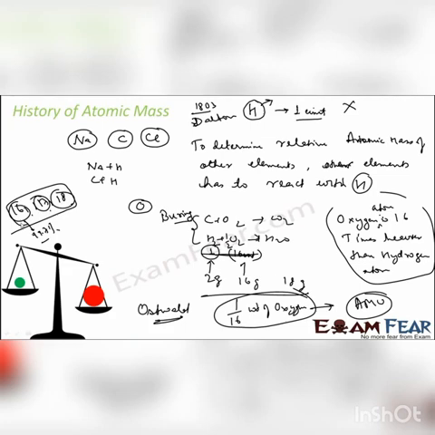Plus, science was more advanced. In fact, physics advanced a lot. The physicists could now actually find the mass of a single atom using a spectrometer. So there is something called the spectrometer that came into the picture. The physicists invented the spectrometer, and with it they could actually find the mass of a single individual atom.